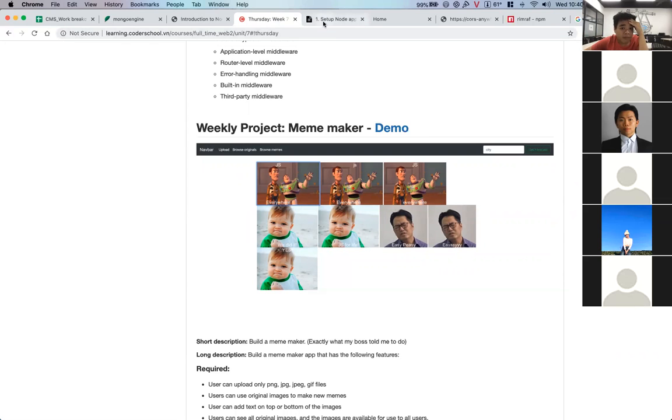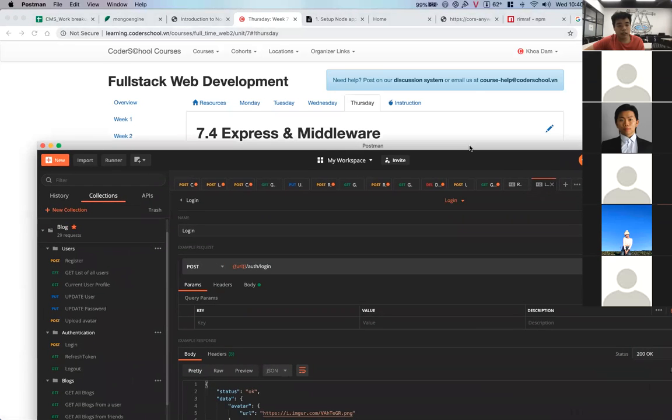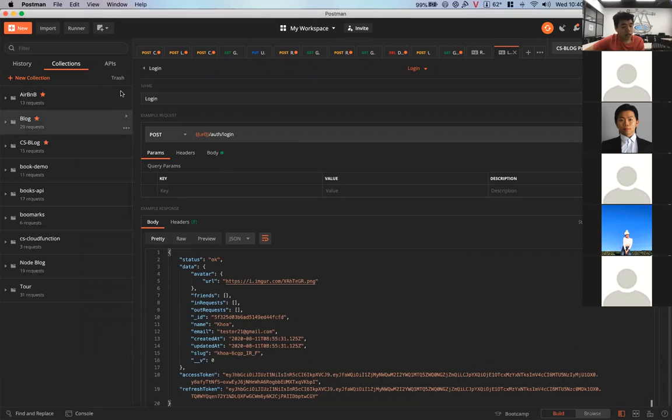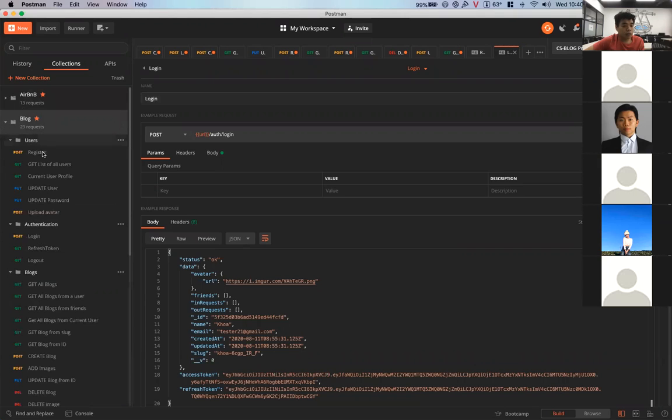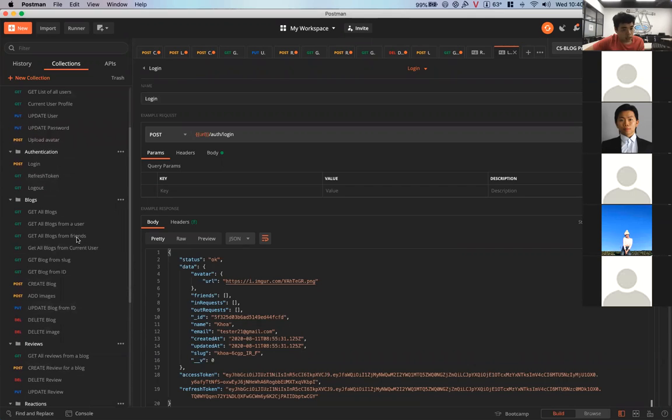And then for the next week, we're gonna build the blog API, the blog server API, just something very similar to what I had done for you guys last week, which is this here. We will learn how to use Postman, organize Postman, and also build the APIs here. So we have a bunch of APIs. We will learn how to create them